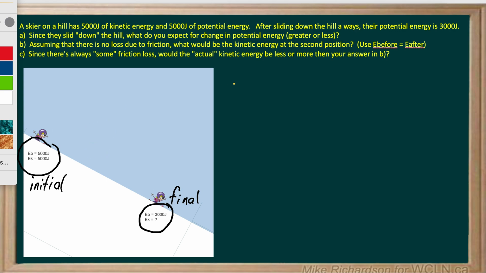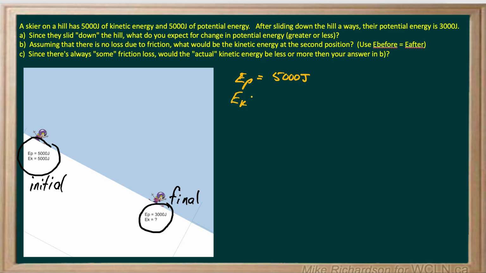Okay, here we have a skier skiing down the slopes, and at an initial point in time, it is determined that the skier has 5,000 joules of potential energy, which is energy due to his physical height. And because he's in motion, he also has kinetic energy, and it turns out that that's also 5,000 joules, energy